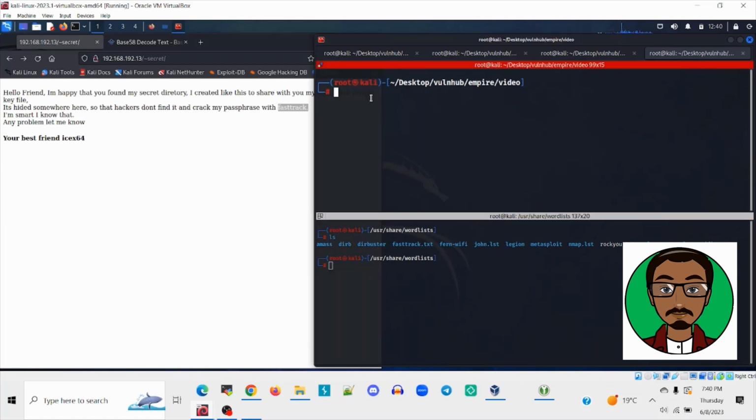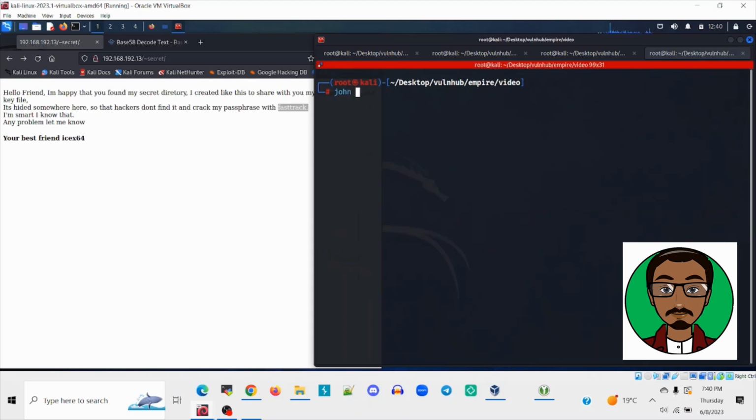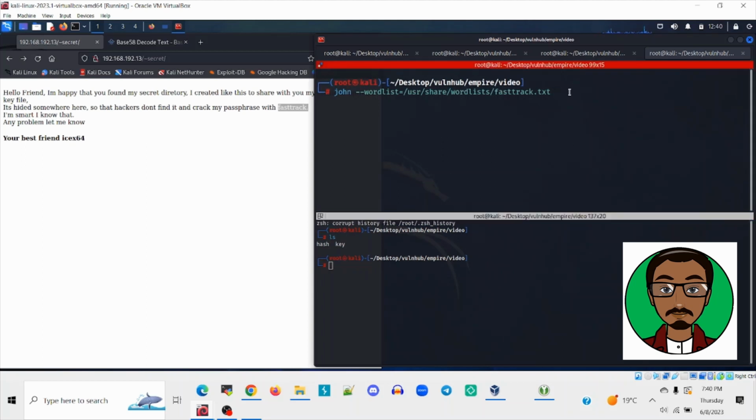So what we're going to do is type on your terminal john and then word list equals user share word list fasttrack.txt, and then let me just confirm this for a second, ls, yes, we're going to be cracking the hash